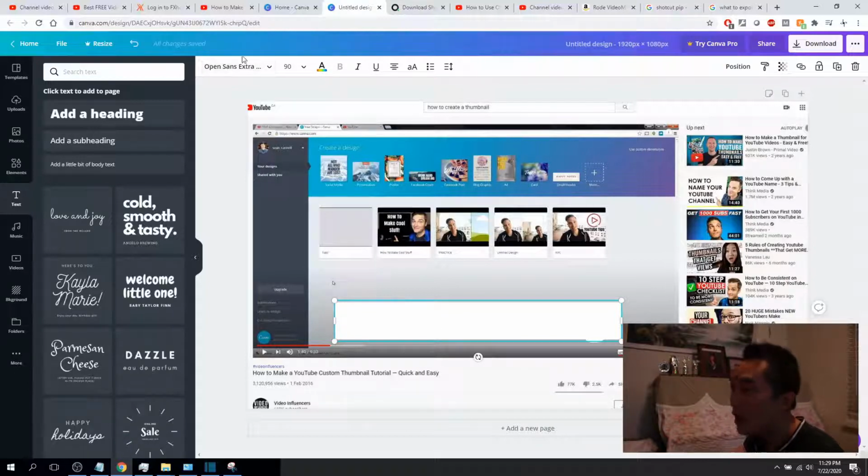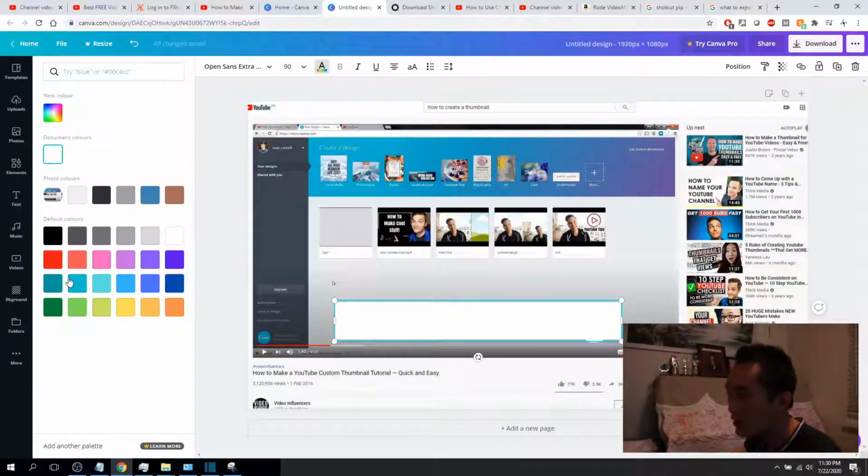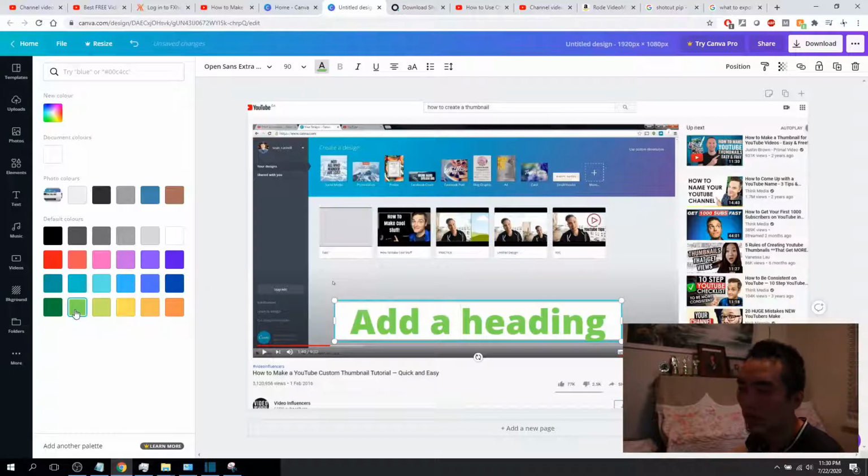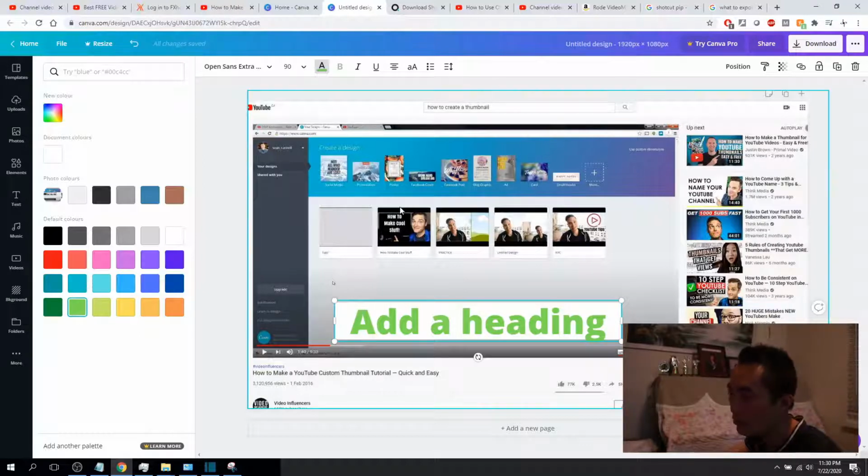Same thing, up here in this little toolbar, you can change the font, the size, the color, italicize it, you name it, everything you want. Then I'm gonna change it to green, darker green, brighter green. I don't know. I'll figure this out. But now you can write down your headings, write down whatever clickbait title you want,